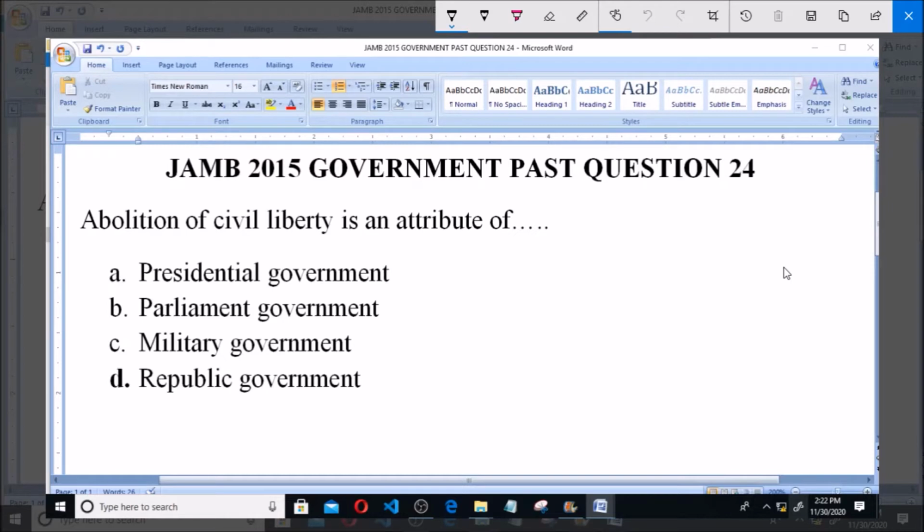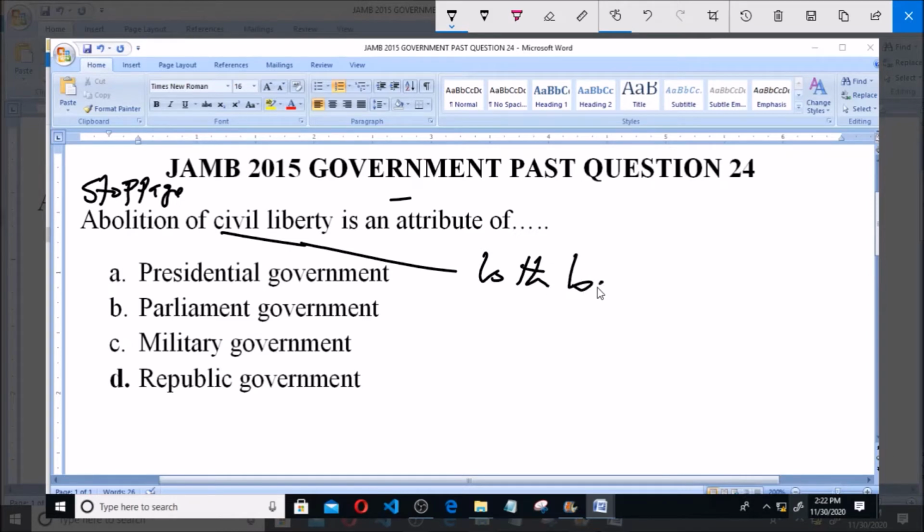2015 government past question. Question number 24 says, abolition of civil liberty is an attribute of dash. Abolition of civil liberty is attribute of dash. That is, abolition means stoppage. When you stop civil right, and civil right is